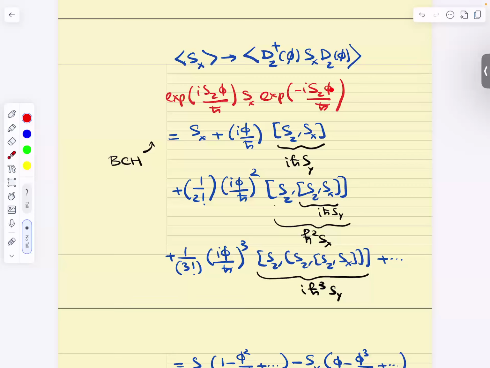Baker-Campbell-Hausdorff tells you that if you expand this operator, it's Sx plus i phi over h bar [Sz, Sx], and then this nested commutator. These are called nested commutators. So the first one is i h bar Sy. How do I calculate this? So the commutator of Sz and Sx,